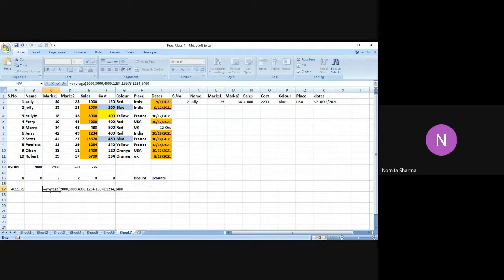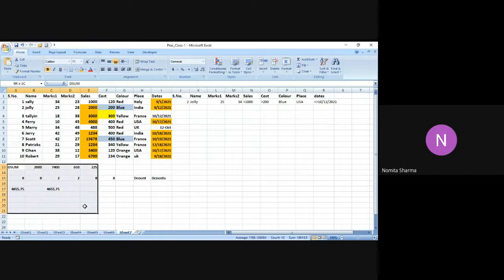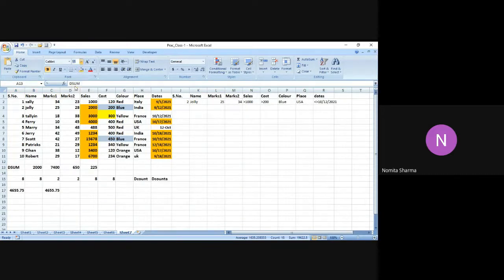So it's a good practice to do like that. I get the exact answer as 4655.75. Let me make it bold so that it is visible.